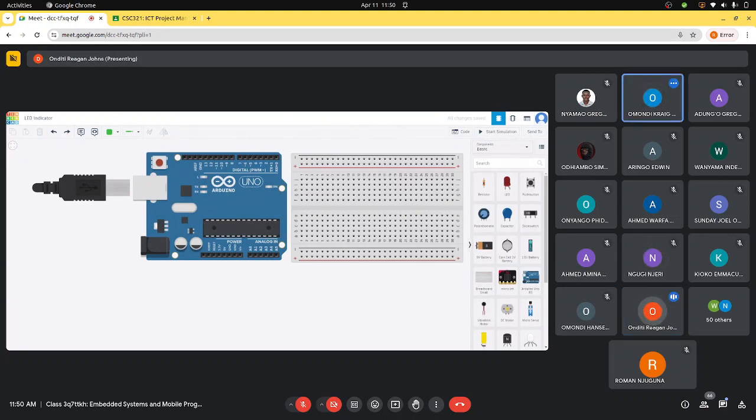So we did indicate that it's only a maximum of 5 volts that can be provided by the USB port. So you have to be very careful about what you are using to power your board. So if I'm using the USB, then basically I'm using